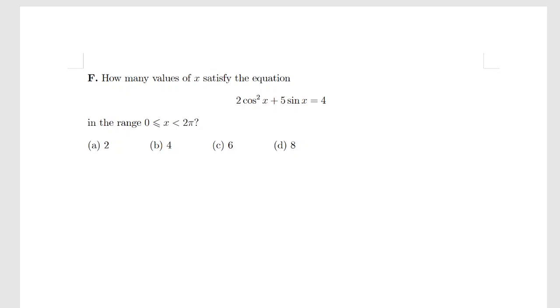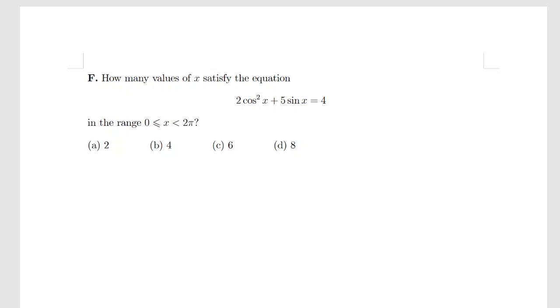Okay, so we now have Specimen Paper 1, question 1F. How many values of x satisfy the equation 2 cosine squared x plus 5 sine x equals 4 in the range of 0 to 2 pi? Fine, so trigonometry, and the first thing we would want to do, it's pretty easy to spot when you do a lot of these,